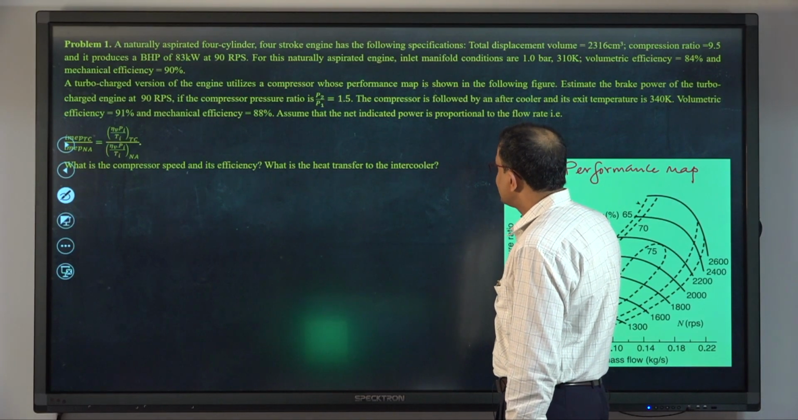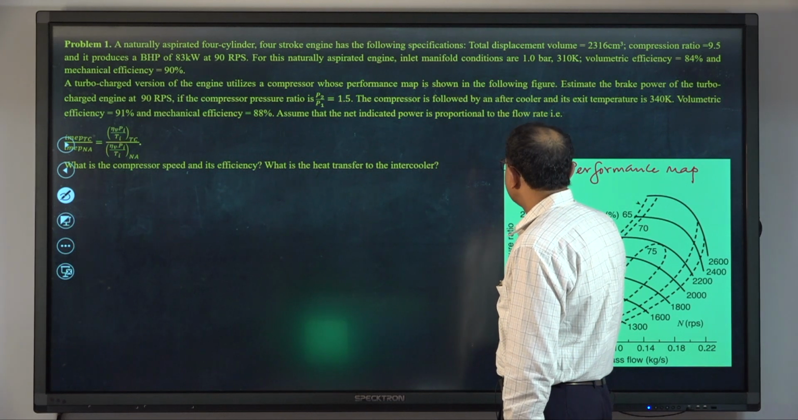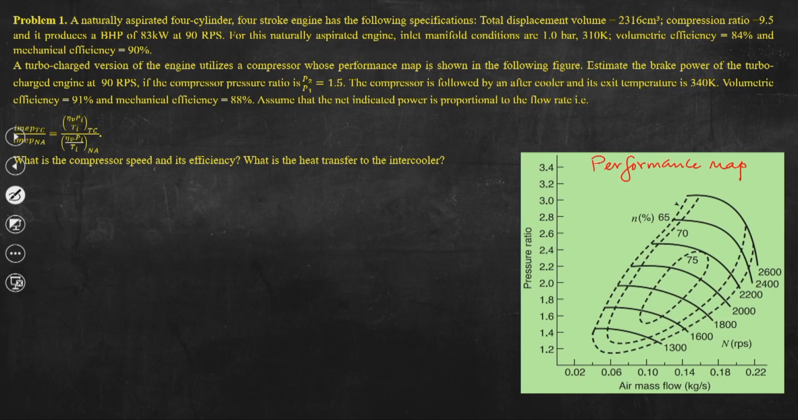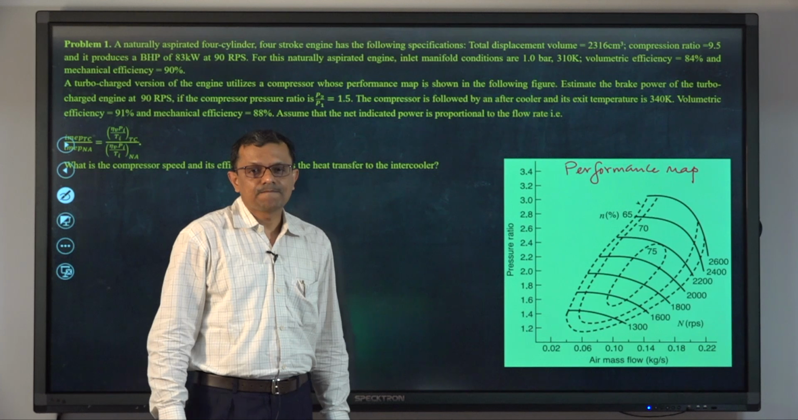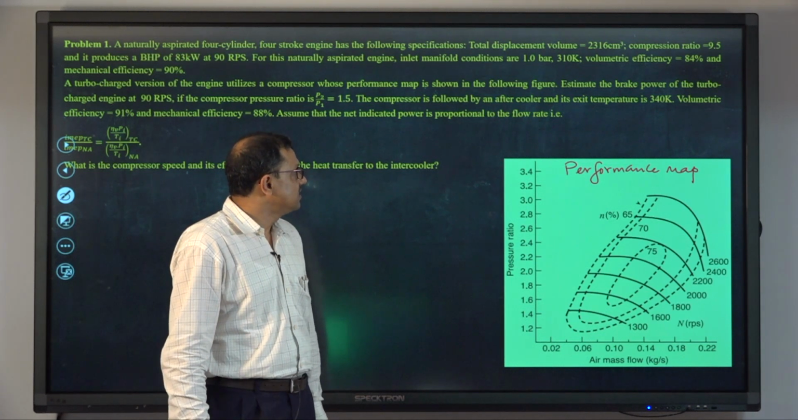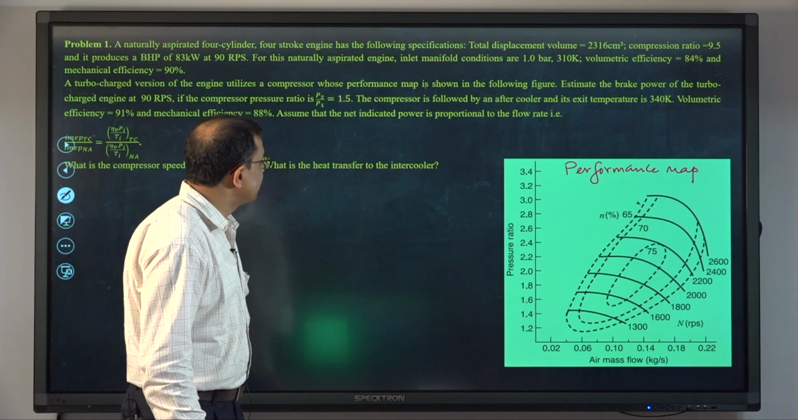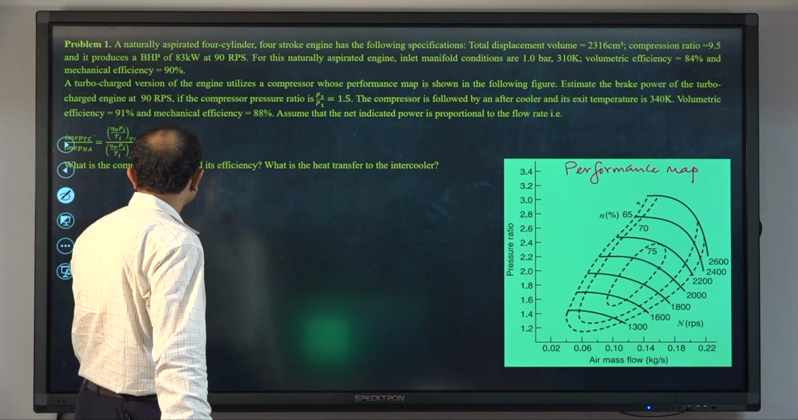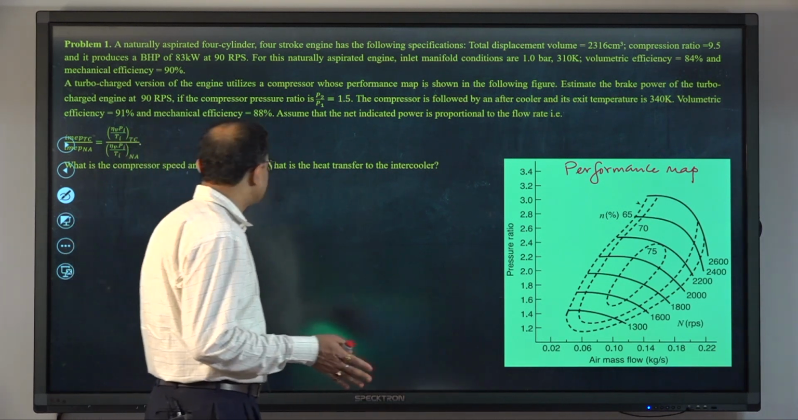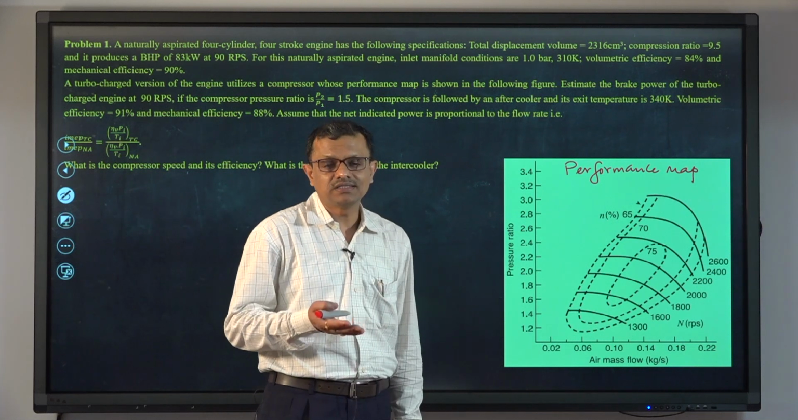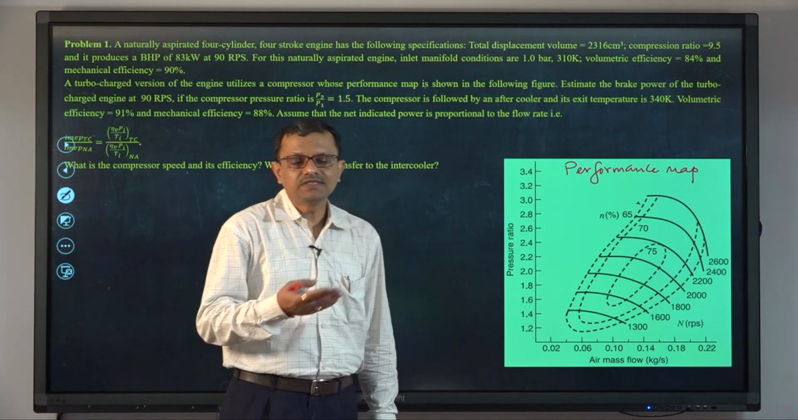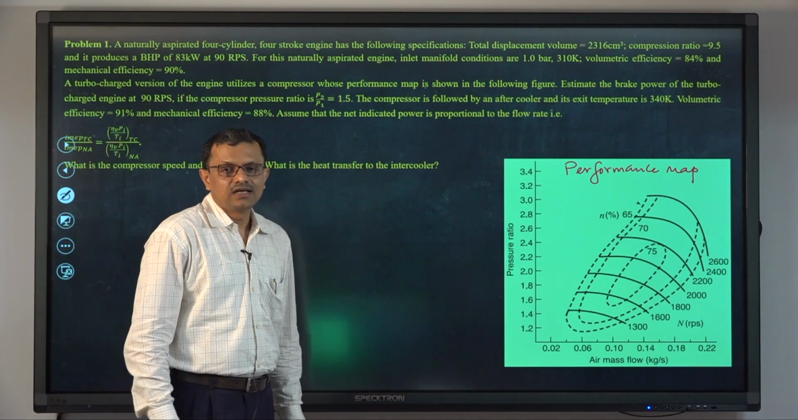For this naturally aspirated engine, inlet manifold conditions are 1 bar and 310 Kelvin. So, that means when the engine is naturally aspirated, there is no supercharger or turbocharger. So, the ambient conditions are 1 bar and 310 Kelvin. Volumetric efficiency of the engine is given 84% and mechanical efficiency is 90%. So, essentially these two efficiencies are the efficiencies when the engine is a naturally